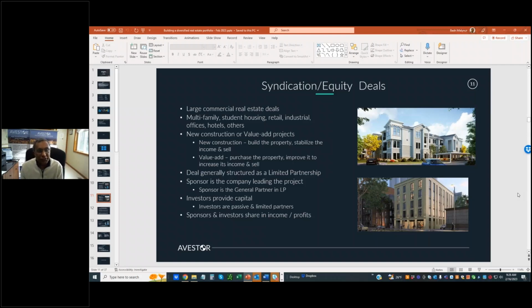Syndication deals are typically large commercial real estate deals like multifamily, student housing, retail, industrial, hospitality, hotels, offices. It can either be a new construction or a value add construction. A new construction is where, it's obvious, you're building it from scratch, and a value add is you're taking an existing apartment and renovating it. Syndication deals allow you as a relatively small investor, I'm assuming there are not people here with hundreds of millions of dollars to invest, they probably go to different types of presentations, to invest as little as $10, $20, or even $50,000